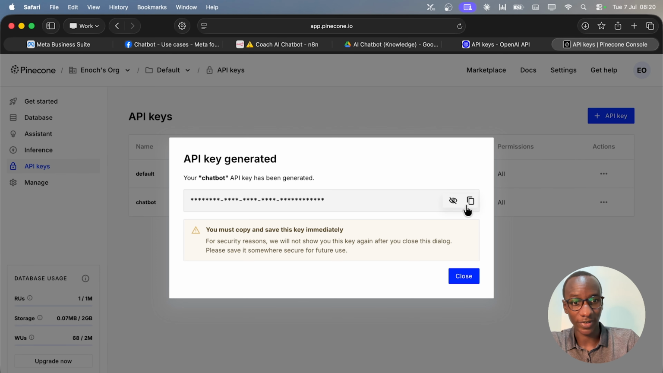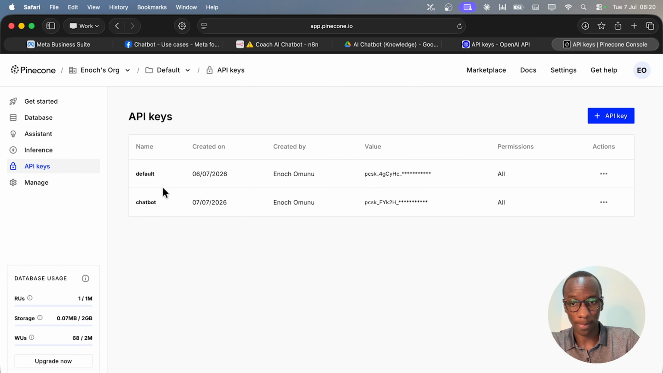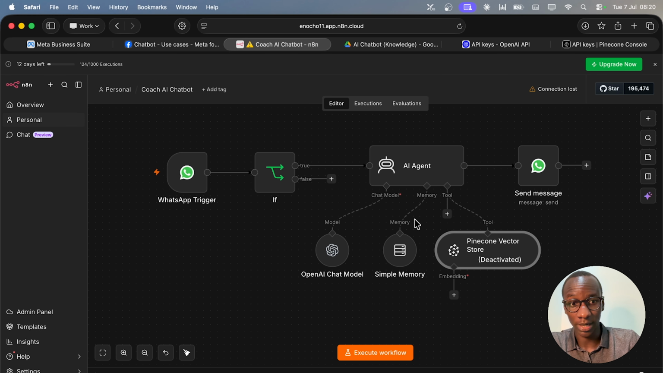It will give you the key over here. Just select copy and then save it somewhere safe so that you don't have to create a new one, because once you close that tab, you won't be able to see it again. You can see I can't see the full key again. And once you've saved it somewhere safe and copied it,